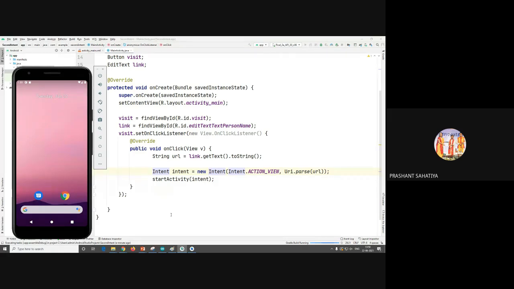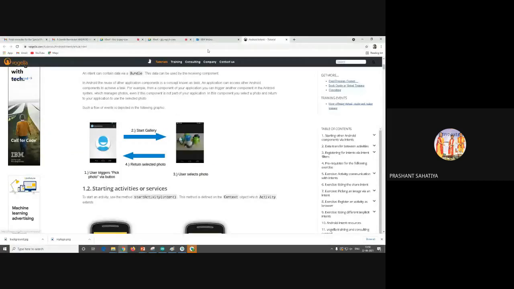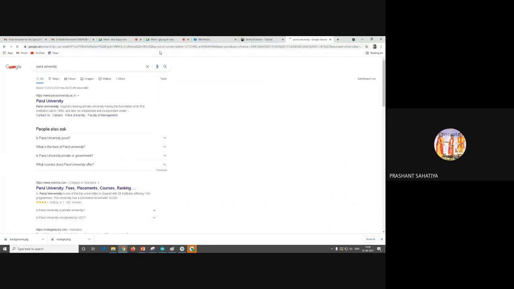Once you create huge projects, as I told you yesterday, clone applications, in that you will be finding this kind of intents somewhere. देखो ठीक है, तो मैं लिंक कॉपी ही कर ले रहा हूँ. Whatever I want to open, I'll open this thing. For example, I'll open our university.